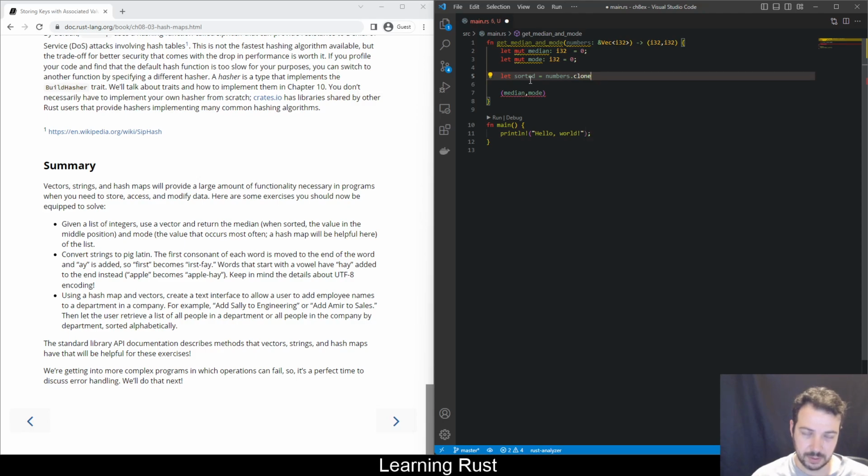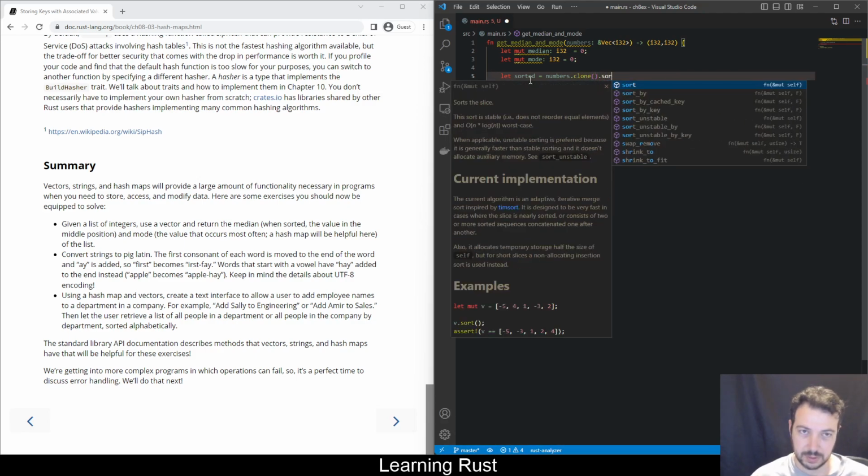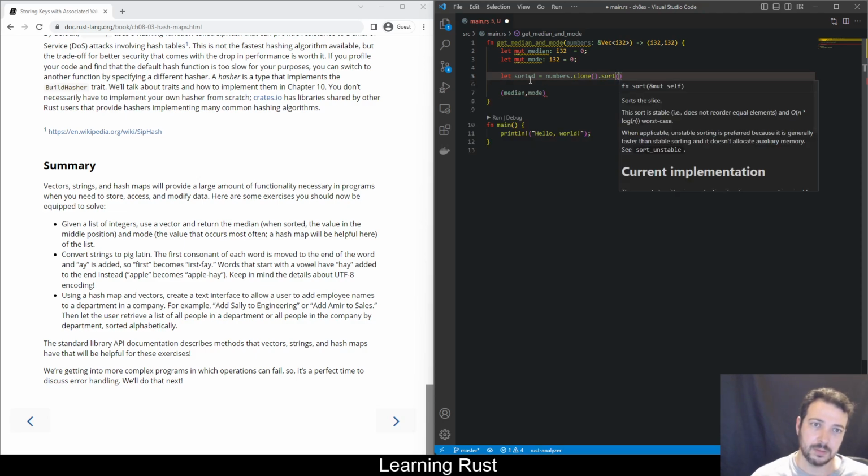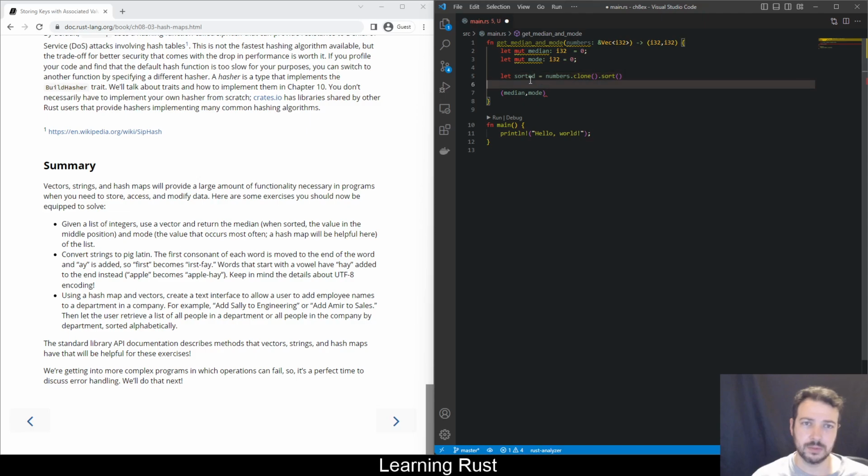There's clone, and then we can sort. Okay, let's see the sort. Okay, we'll test this. Now we have the sorted array, and we can say that the median is